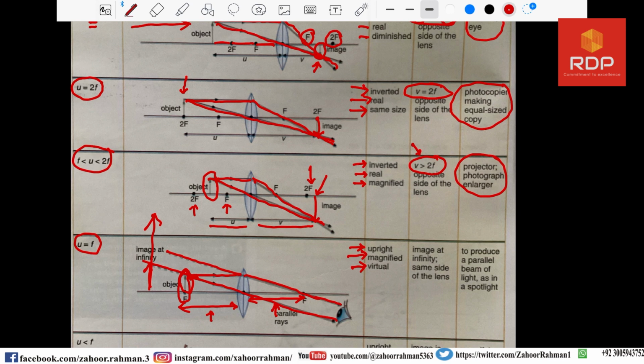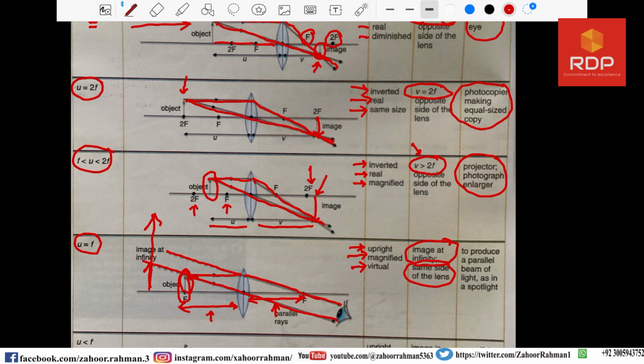So that is a virtual image, and I told you that the image will be seen at infinity and on the same side of the object. The side on which the object is situated, the image will also be on that side,